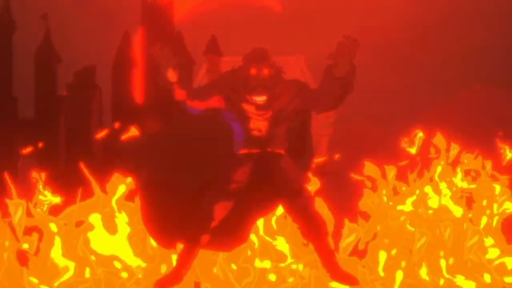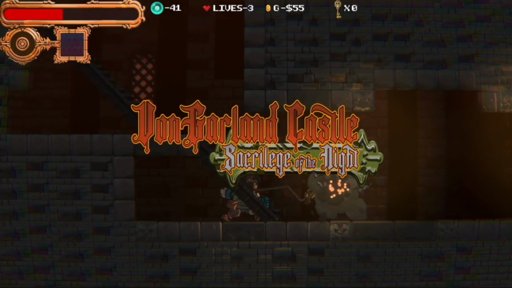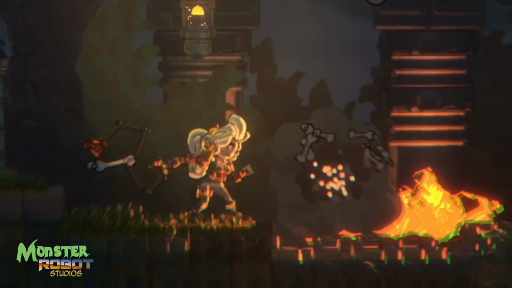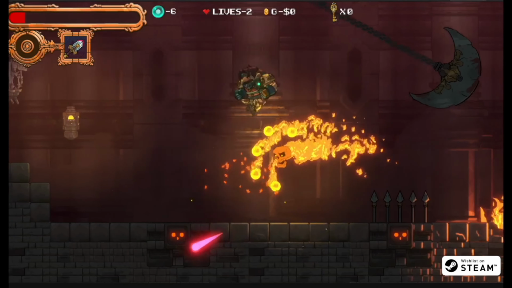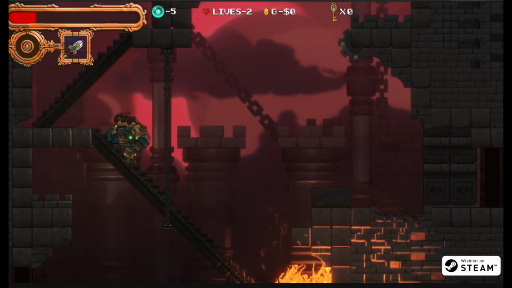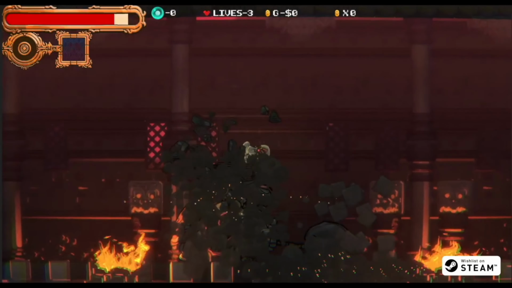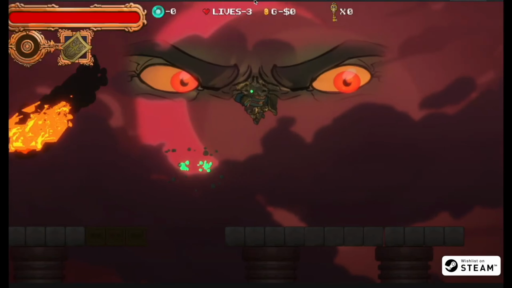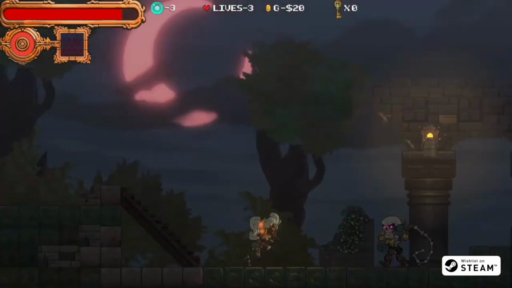Now, like I was saying in the story and characters section, I do not know if I get to run into any other members of the VonGarland family and play as them, but I would assume that what is lacking in the speed department on this character is probably going to be made up in another character down the line, if I do get to play as another character. So I'm not really too upset about the fact that my character's slow,